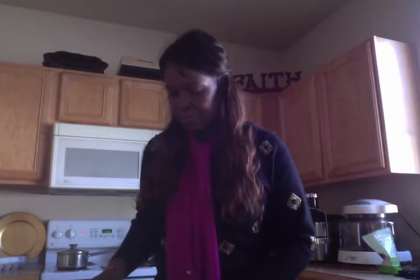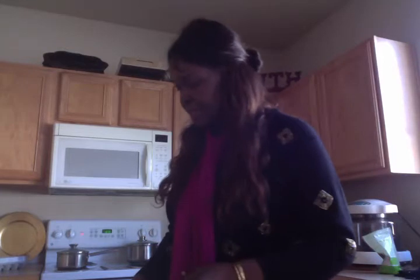And in addition to that, what I have done as well is I am making a half of a cauliflower head. Sounds kind of funny, but a half of a cauliflower head, and basically the way that I've prepared that half of the cauliflower head is I have prepared it by cutting it in half, of course, and then putting some spice on it. So you put your spice on it, whatever you like to spice things up with. I like a little spicier food, and so I spice it up pretty nicely. And then after that,